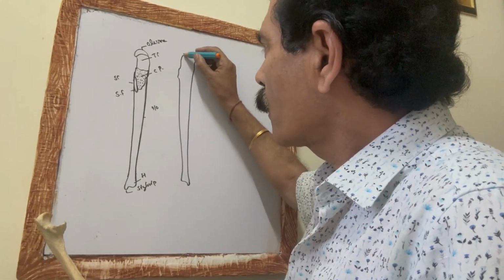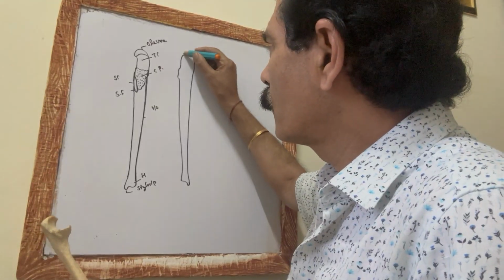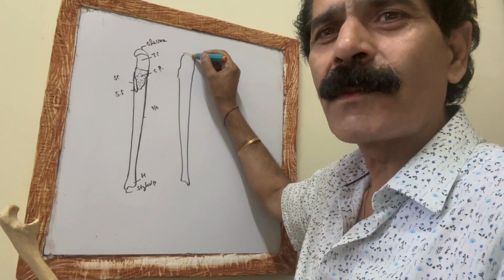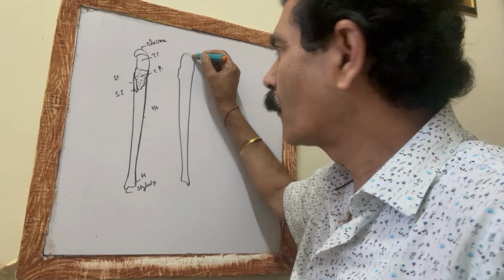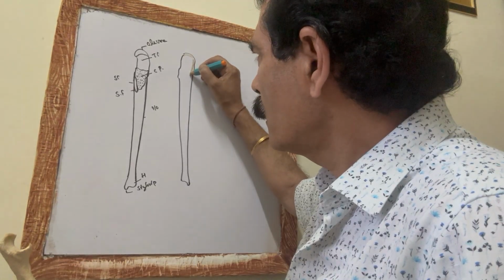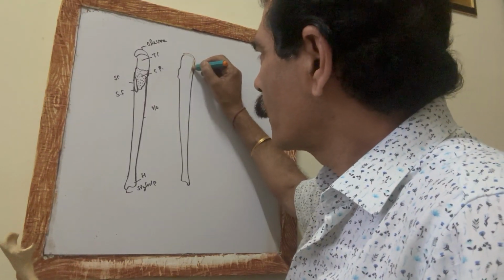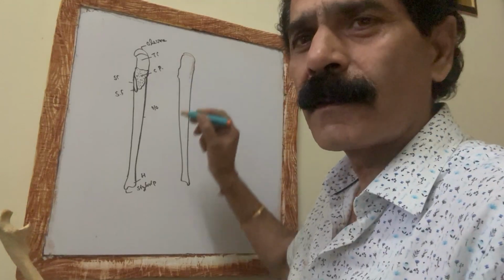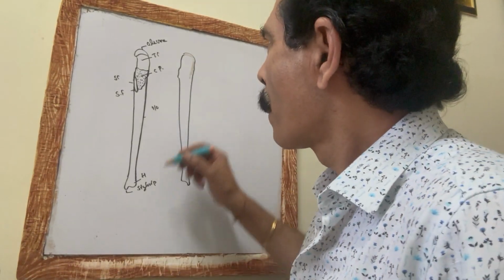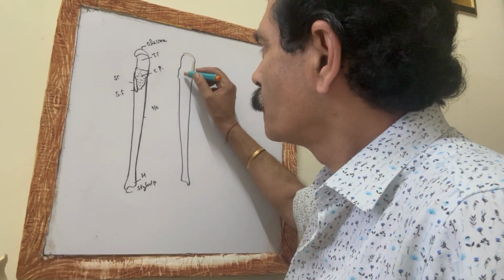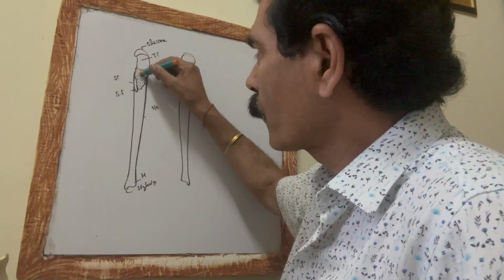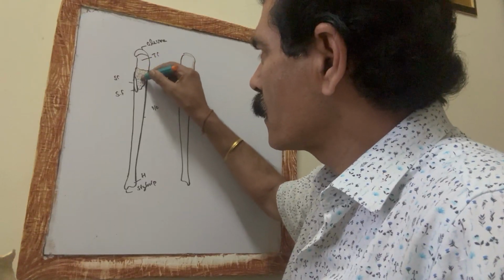At the uppermost part, the tip of the olecranon, the triceps muscle is inserted, and the nerve supply of the triceps is the radial nerve. Then on its medial border there is the attachment of the anconeus muscle. The anconeus is a muscle of the elbow. And the rough coronoid process, which is anteriorly placed,